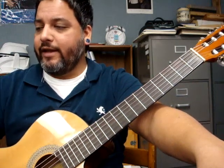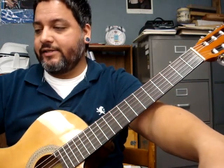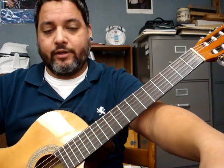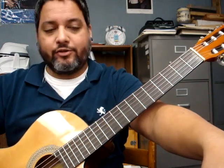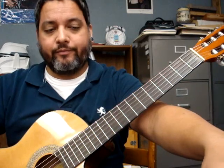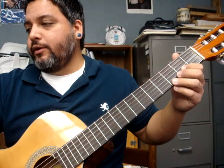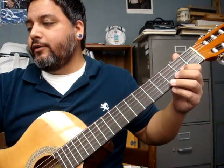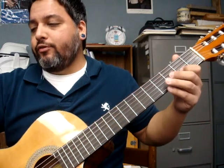Now if you look at that last measure on the second line and the next measure, it's the exact same rhythm with some different notes. So let's just try those two. I'm going to try and count it and play it at the same time. Here we go. 1, 2, 3. 1, 2, and 3, and 1, 2, and 3, and